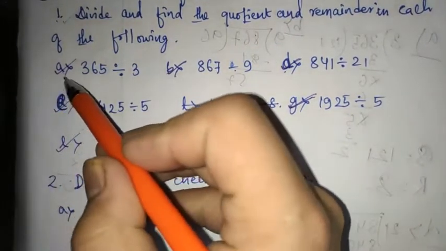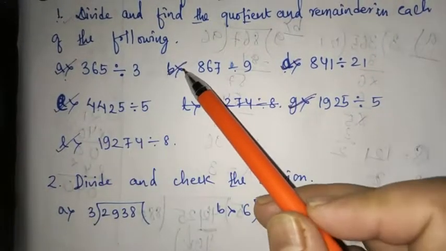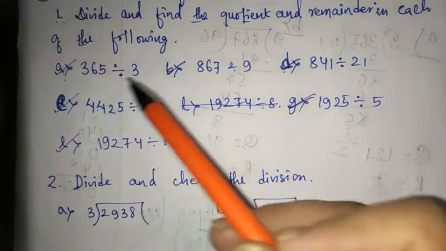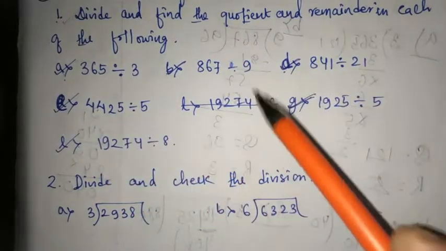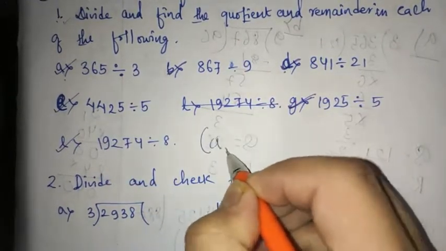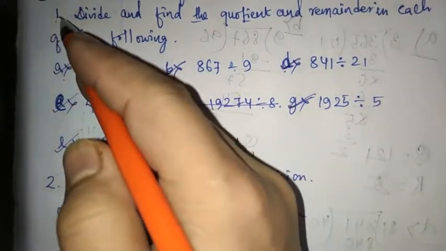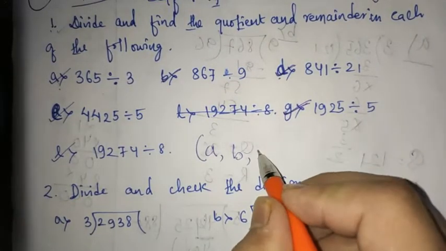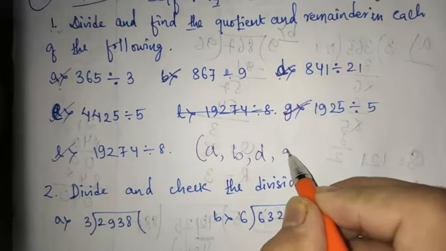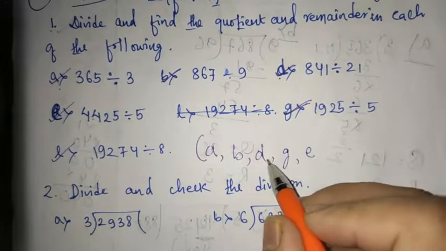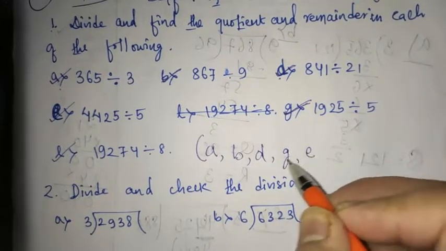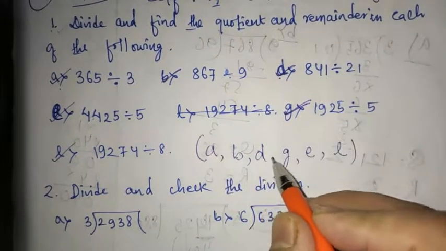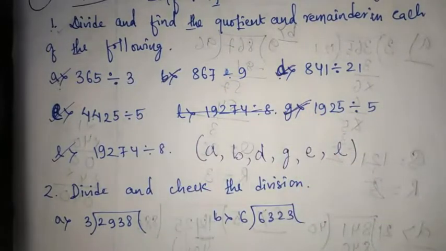You will take in your book, alright? Number A, B, D, E, G, L. Take it properly, okay? A, B, D, E, G, L. So I'm writing here part A, part B. This is from number 1 only, okay? We have not moved on to number 2, so don't worry about that. A, B, D, G, E. Okay, mistake was there. E, G, whatever. So then L. Okay, 1 2 3 4 5 6, altogether 6 sums from question number 1.